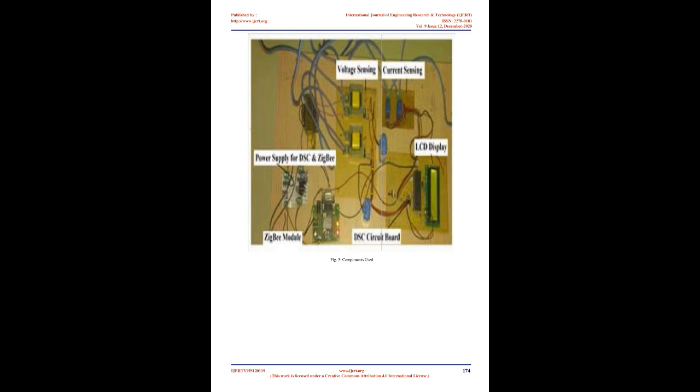Zigbee specifies itself with three different devices. They are Zigbee Coordinator, ZC, Zigbee Router, ZR, Zigbee End Devices, ZED. Zigbee Coordinator, ZC. Zigbee Coordinator is one of the devices in Zigbee. It was used for channel selection. It assigns an ID for the network. It allocates a unique address to each device and also it initiates and transfers messages to the network.